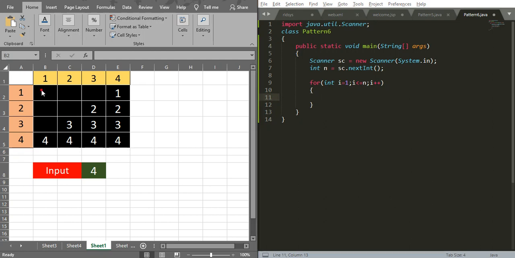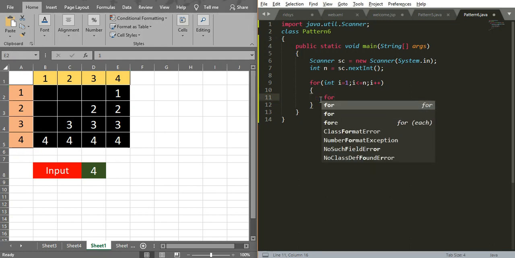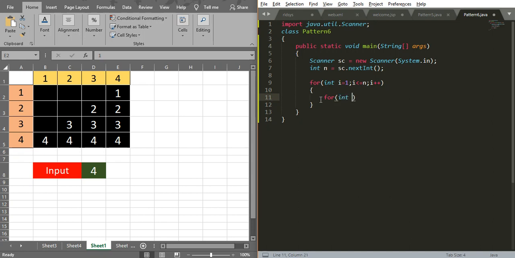After generating the rows, let us consider only the first row. Here I have to print n minus 1, that is 3, spaces. After printing the empty spaces, I have to print a number, right? So in this for loop I am going to write another for loop, for int j equal to n minus i. What is the value of n? The n value is 4 and the i value is 1. So the j value is initialized to 3 for the first loop. Okay, so we get the number of spaces we have to print.